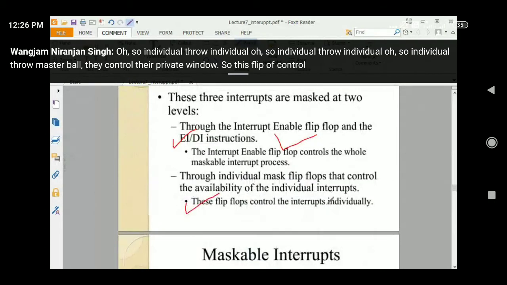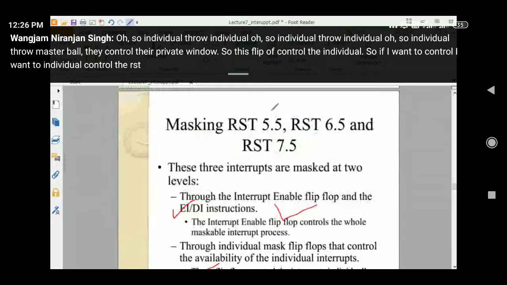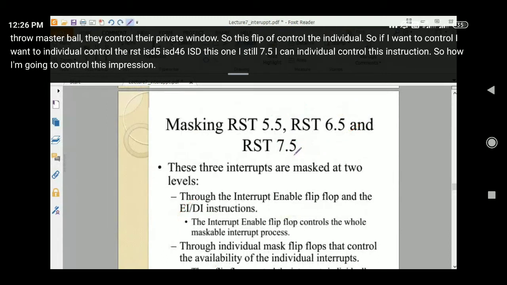This flip flop controls them individually. If I want to individually control RST 5.5, RST 6.5 and RST 7.5, I can do it with an instruction. So how am I going to control it?